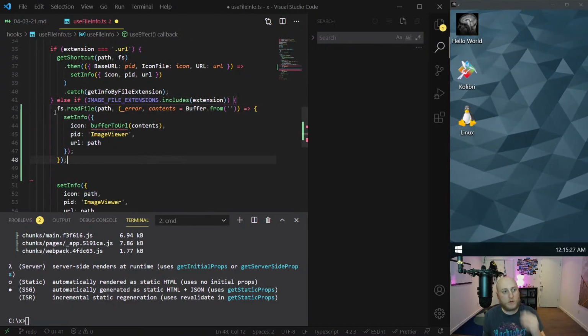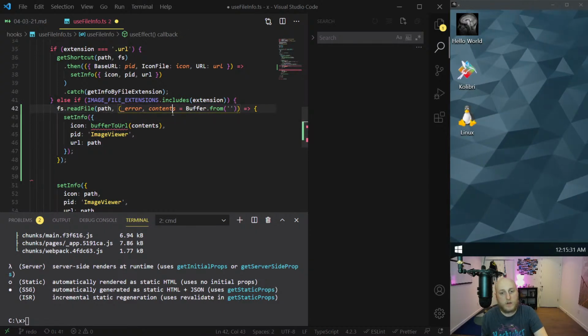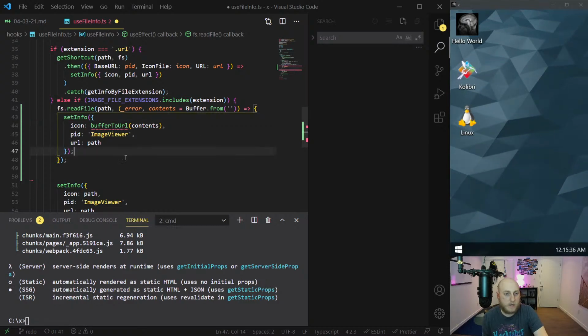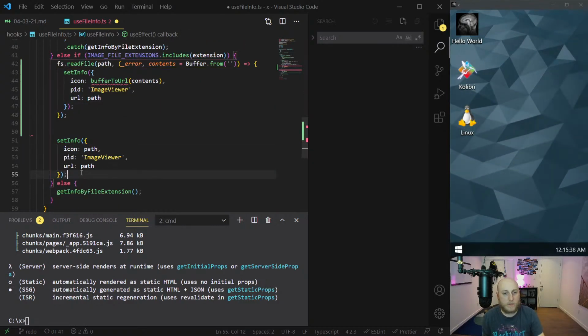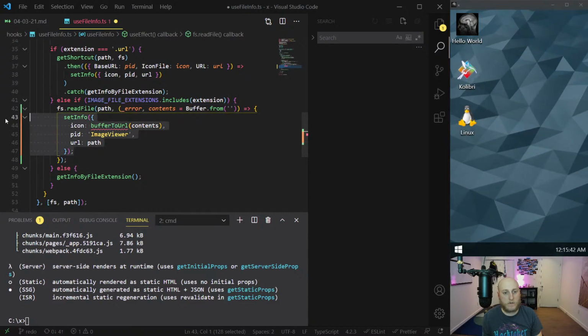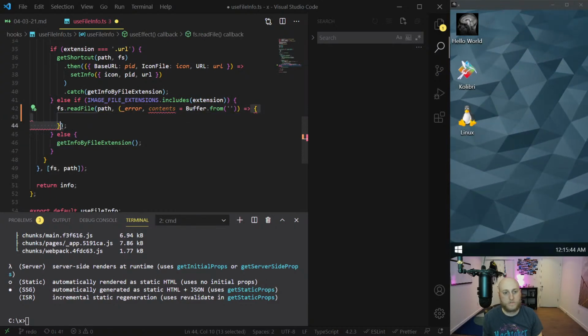So the same command I've added several other times, read file, the file, and then getting the buffer as usual, just like I did in v86. And then this is the same path, same wording here. So the only thing that I've added really